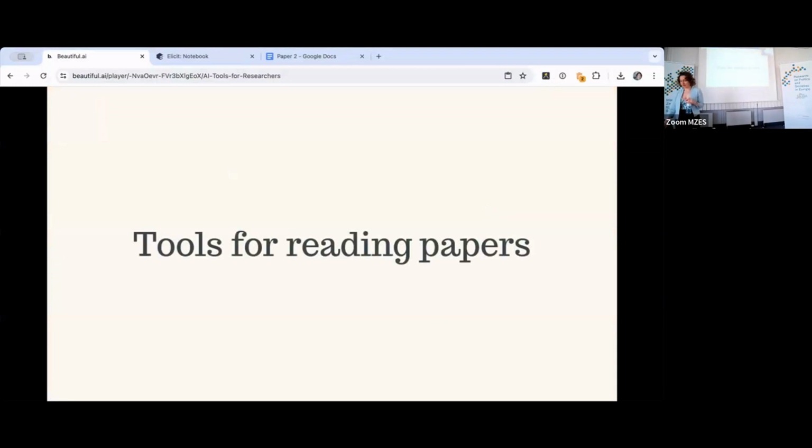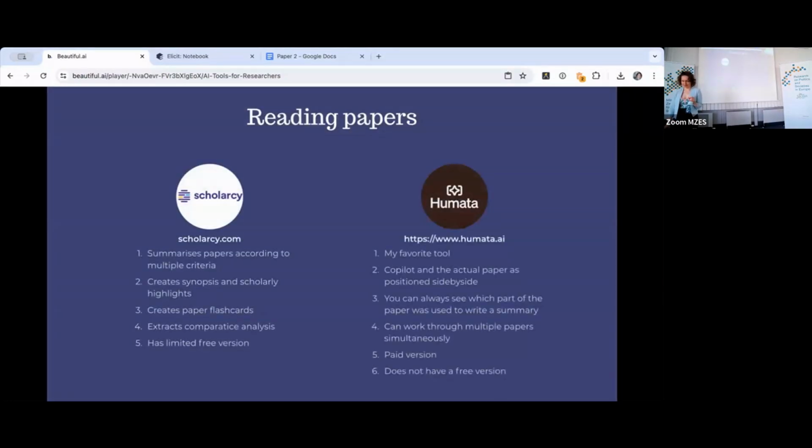Yeah. Now the fun part, the tools for reading papers. So there are two. One that I really like, and the other one that also exists, and maybe some people like it too. So like I said, my problem is that I don't really trust the summaries. I find them too good to be true sometimes. So I really want to see where this whole thing comes from. And the first one, Scholarcy, it's a good tool when